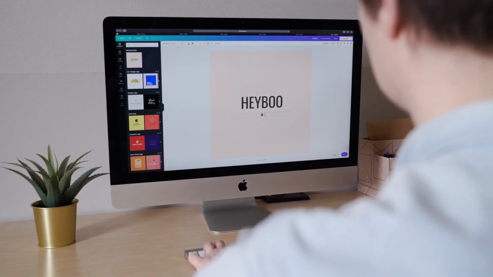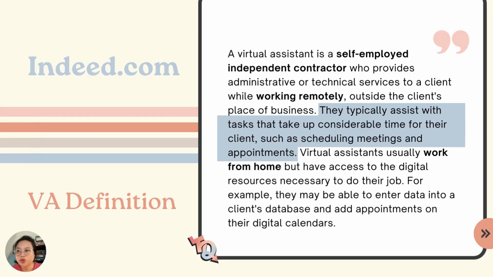Then you will be targeting companies or business owners or coaches who might need your graphic services. These people will need your services because not all of them know how to do what you do, especially those business owners or companies who are startups or are just starting. Brand identity, which will include their logo and their branding kits, is important. So that's where you come in. So basically, you will be filling in and getting the work that